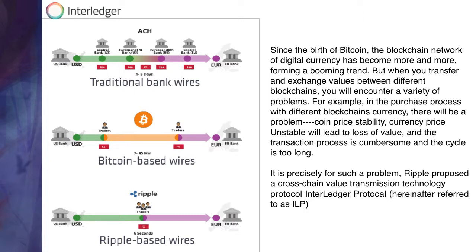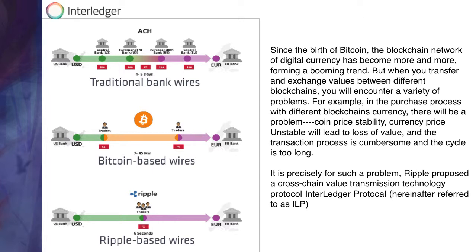Since the birth of Bitcoin, the blockchain network of digital currency has become more and more of a booming trend. But when you transfer and exchange value between different blockchains, you will encounter a variety of problems. For example, in purchasing with different blockchain currencies, there will be a problem with coin price stability. Current price instability will lead to losing value, and the transaction processing is too cumbersome and the cycle is too long. So it's precisely for such a problem that